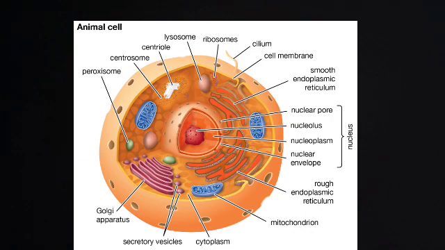Discovery of cells. An English scientist, Robert Hooke, 1635 to 1702, at first studied a thin layer of cork under a simple microscope. Cork is a part of a tree bark. He observed many small compartments in the thin layer of cork which were similar to a honeycomb. He also observed that each compartment was separated from the other by a wall. Robert named each compartment as a cell. In this way, Robert Hooke discovered the cell in the year 1665.